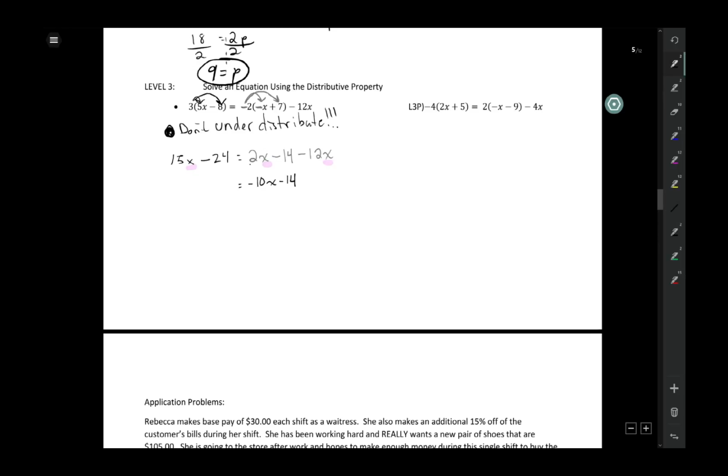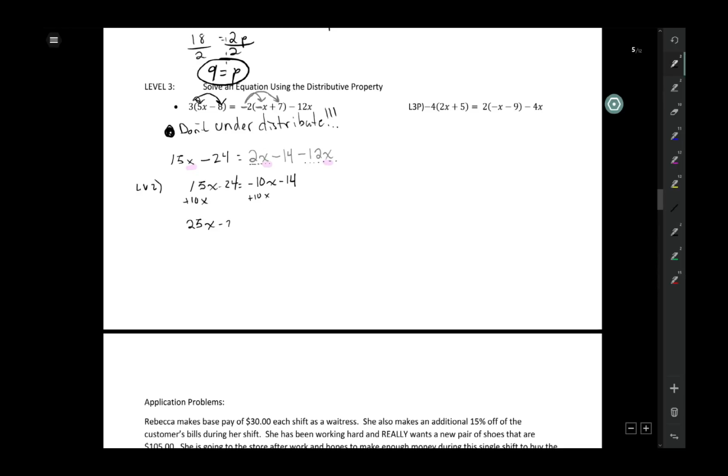All I did was combine these x's. 15x minus 24. Now we have variables on both sides, so this is like a level 2. Okay. So let's make, well, we want this to be positive, so add our 10x. We get 25x